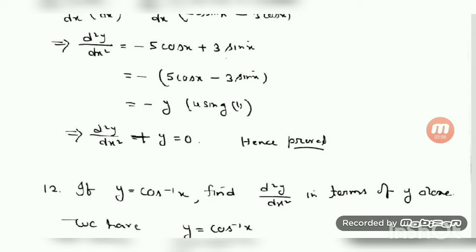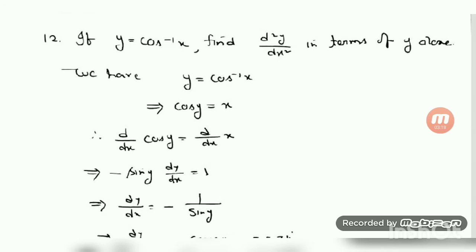Or, as I told you earlier, this question can be done in one more way. Once you have found d2y/dx2, you can stop here. Then write down your left hand side, put the values of d2y/dx2 and y, and you will get 0, because every term will cancel out, and that is your right hand side. That means you can proceed from the left hand side also. Okay, now let us go to the next question.